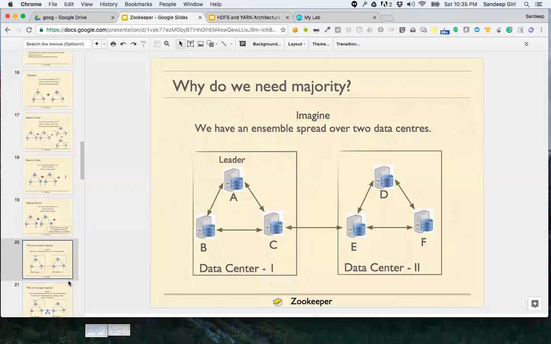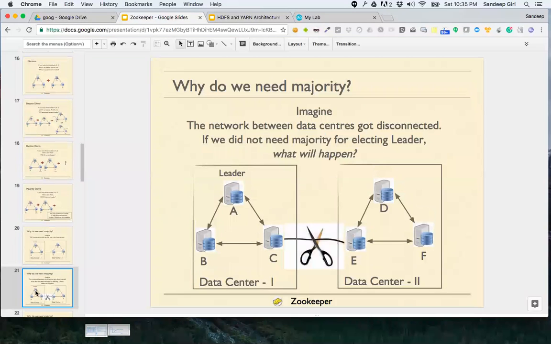Now, let's imagine that the connectivity between these two data centers is cut. The leader was in data center 1. Now, let's say connectivity got disrupted between the two data centers. What will happen at this point?